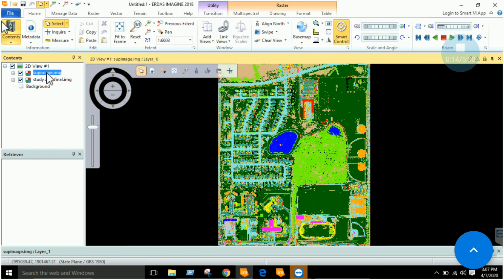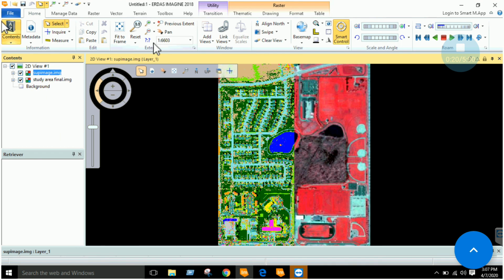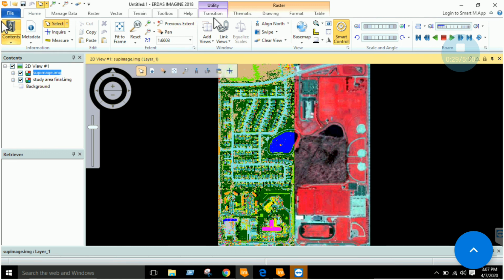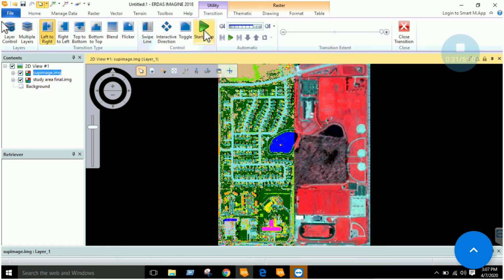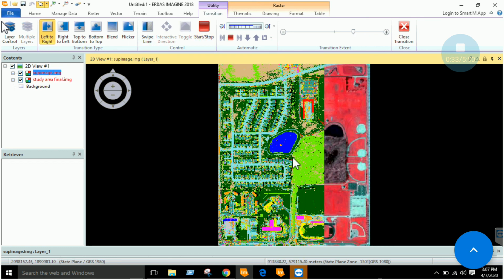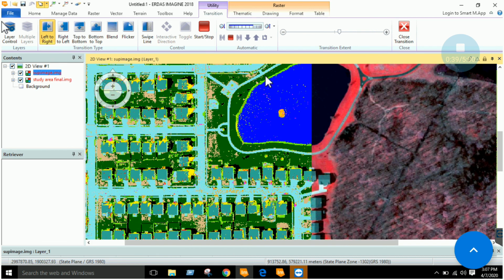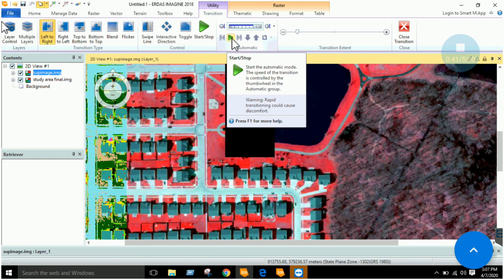I have opened this classified imagery, and beneath that imagery is my study area image, right, which we used to classify. Now here you can see that we have a swipe tool. This tool is used to compare two images at the same time. So you can see that this tool is visually comparing the two images, right? Now if I just stop this animation,